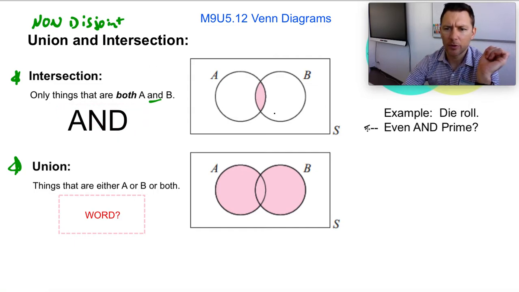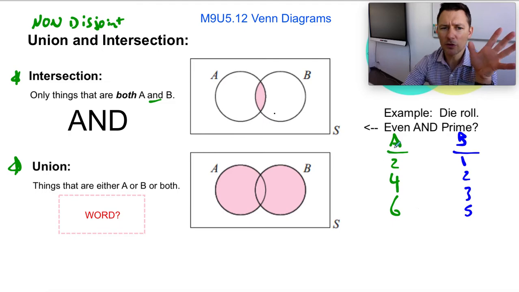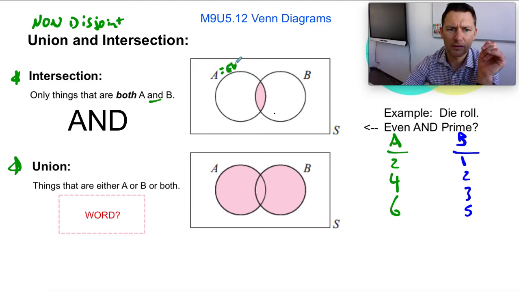So, for example, if we were rolling a die and A was even and B was prime. Prime numbers are 1, 2, 3, and 5. They're numbers that are just divisible by themselves and 1. Right? That's what's in B. The even numbers are 2, 4, and 6. So if this was rolling a die and this A was evens and B was primes,